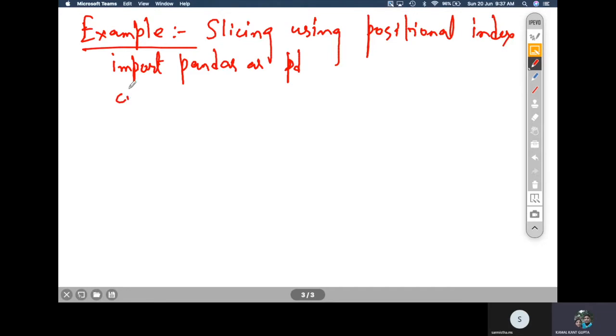say cities is equal to Jaipur, Varanasi, Kolkata, Nasik.